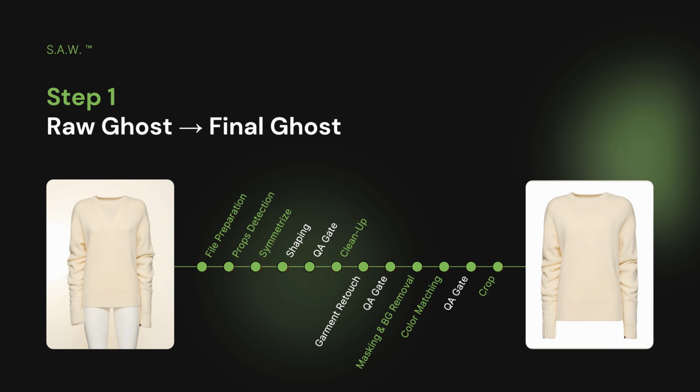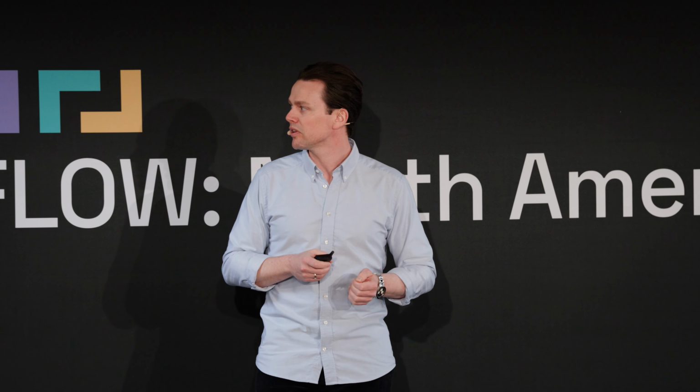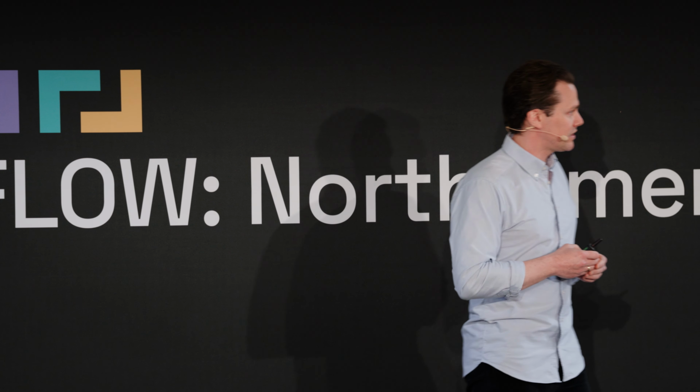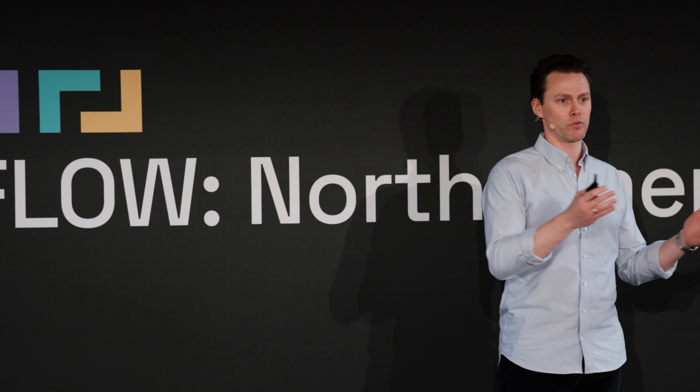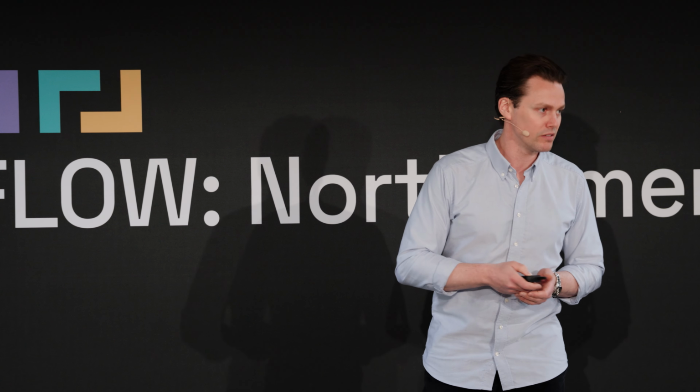So in this case, within our system, like I said before, we address post-production a little bit differently. So this image goes through somewhere around 15 different steps. So anything from file prep, props detection, symmetrize, shaping, there's different QA steps involved. You got your garment retouch, some mask and background removal, color matching, and a crop at the end. And then you have a final ghost image. And in the past, this would be the endpoint. Now you're ready with your ghost image, but the beautiful thing is you can actually use this to create additional